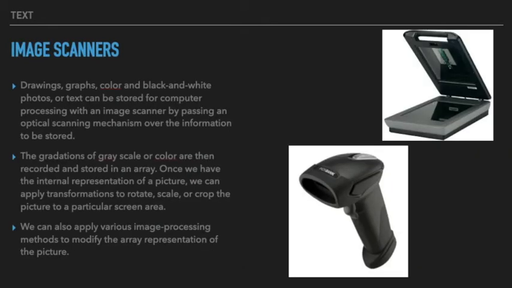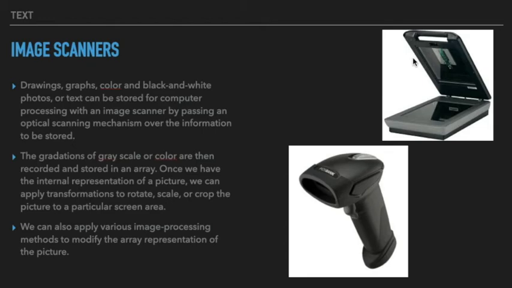Okay, next one is image scanners. Here are some examples of image scanners. I think you have seen scanners. Okay, like handheld scanners, like barcode scanners, or like flatbed scanners, are some types of image scanners. Drawings, graphs, color and black and white photos or text can be stored for computer processing with an image scanner by passing an optical scanning mechanism over the information to be